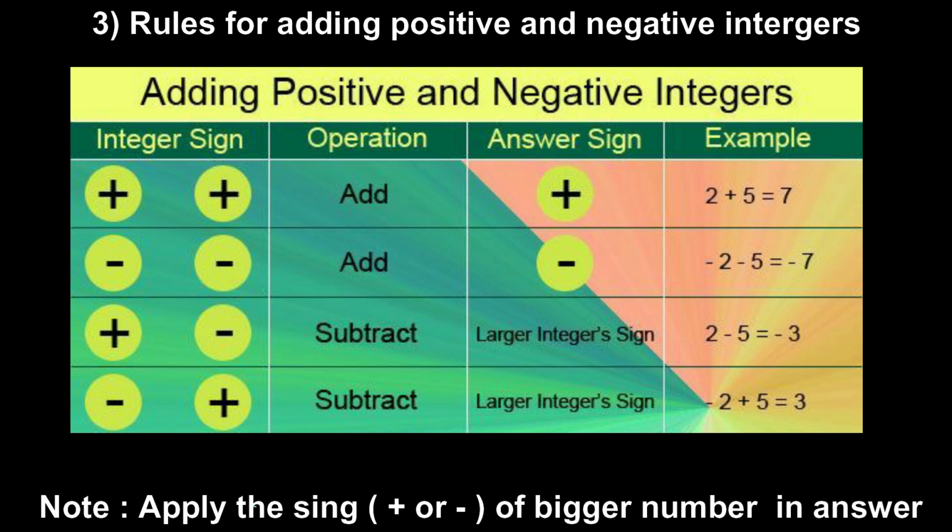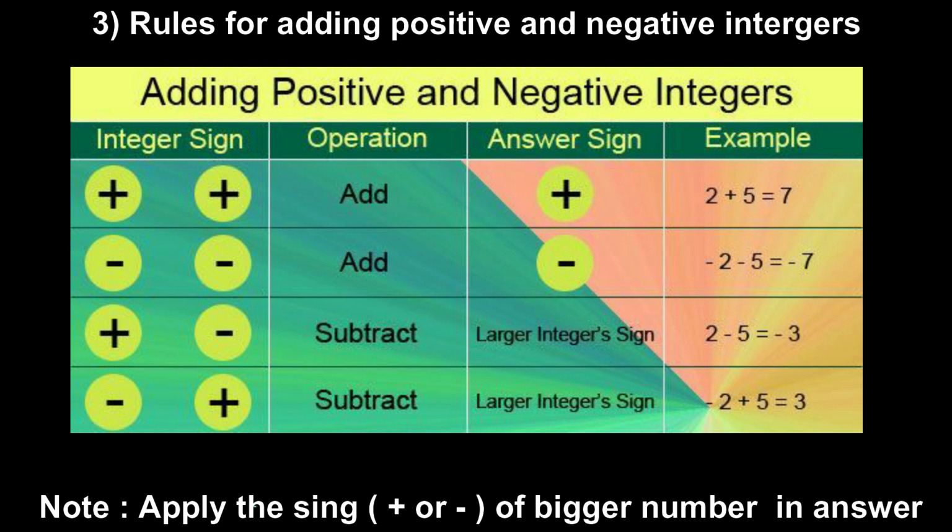So here 2 minus 5 is equal to 3, but 3 is having a negative sign because the bigger number is negative. In the same way, next if we see, there is a negative sign and a positive sign. If minus and plus are to be done in an integer, then there is an example given over here. Minus 2 plus 5 is equal to 3. See, minus 2 is a negative number and plus 5 is a positive number. So minus plus, there is always minus.